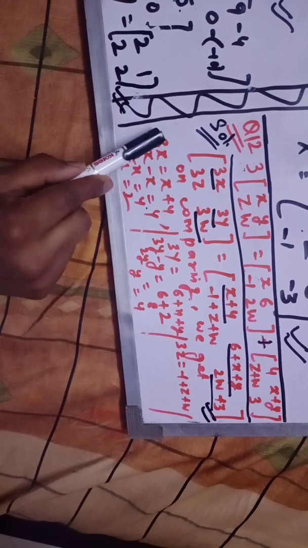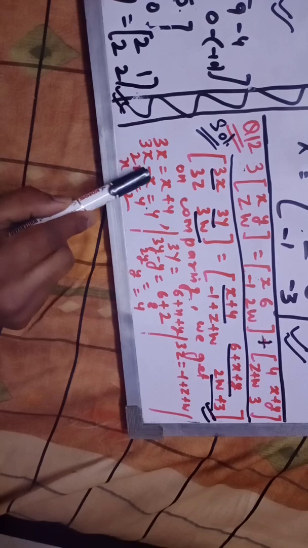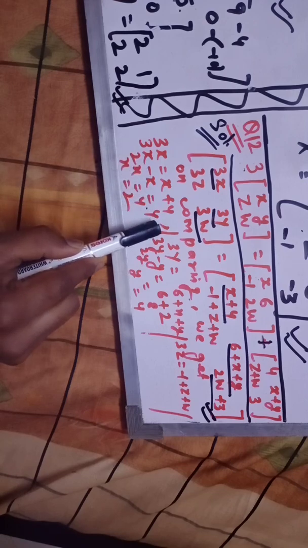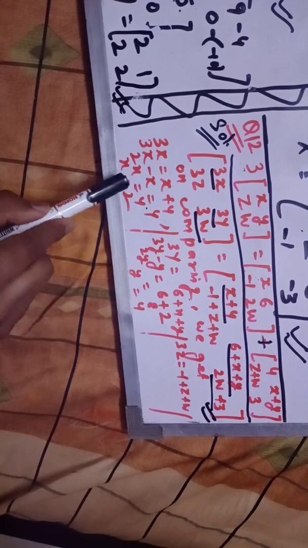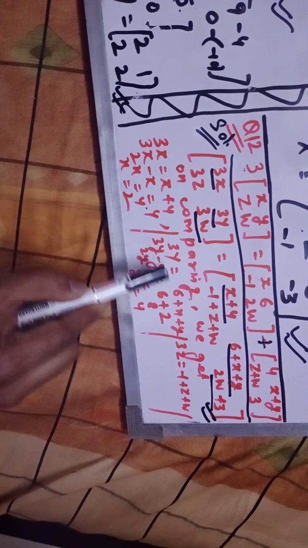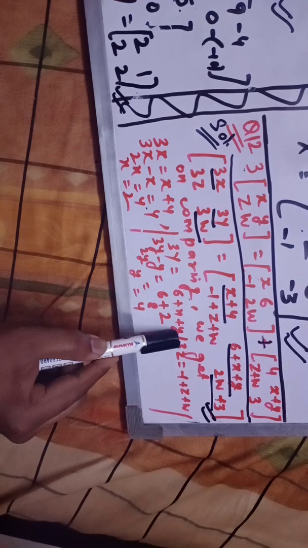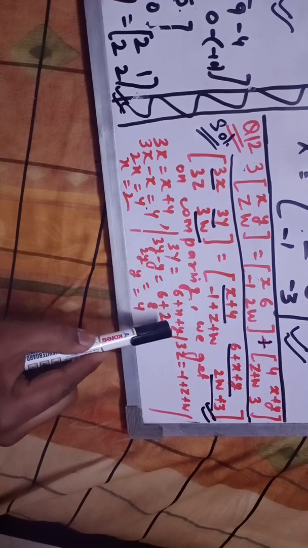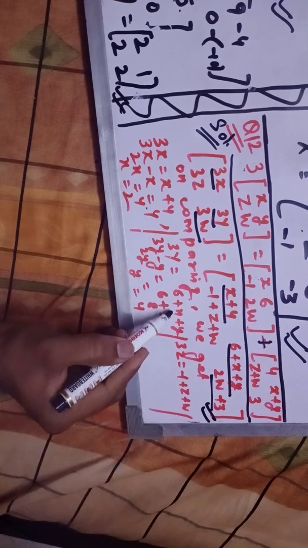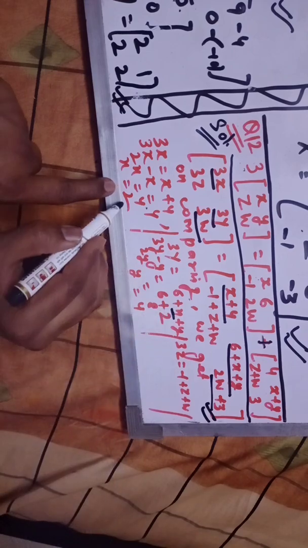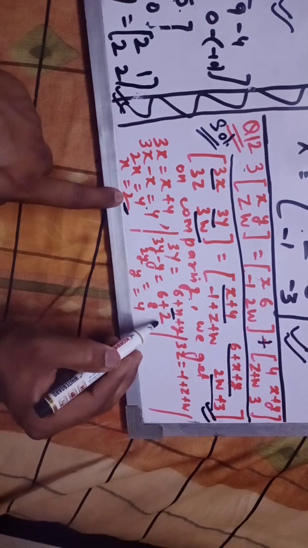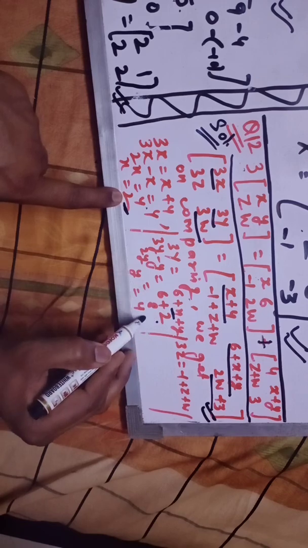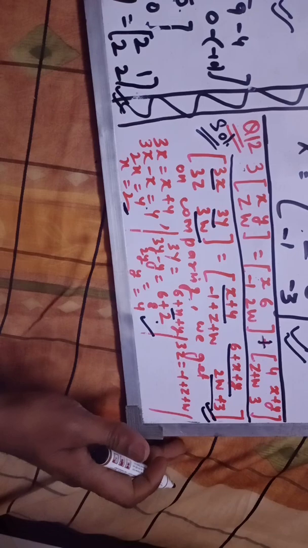This x will come here. That would be 3x minus x, that is equals to 4. So it would be 2x is equals to 4, and here you will get the x equals to 2. Similarly, you have this equation and this y will come here. That will be 3y minus y is equals to 6 plus x. At a place of x, I am putting this value 2. This one. At a place of this, so here it is. Fine. So similarly, you can find out the value of y. Got it?